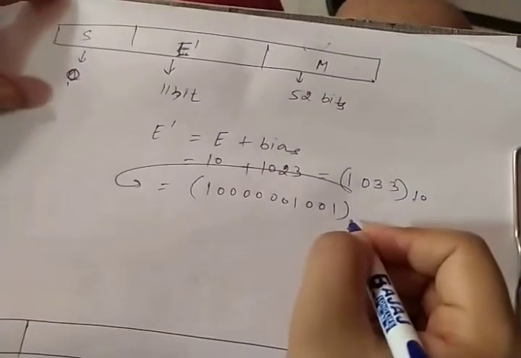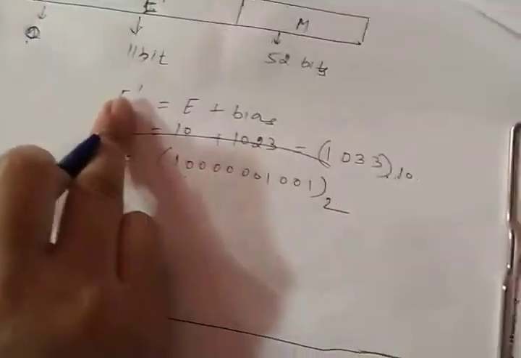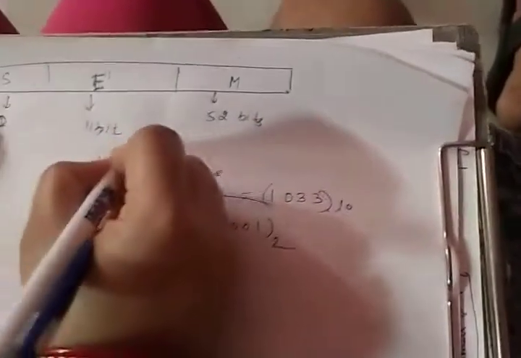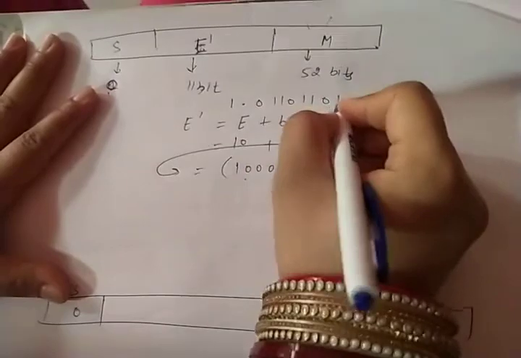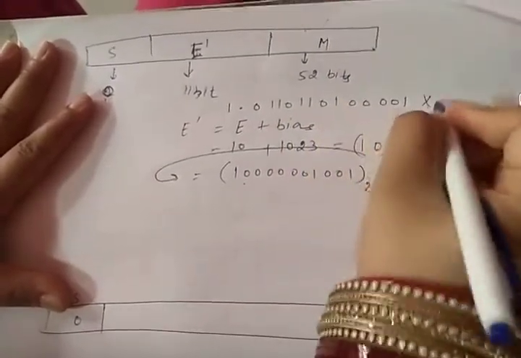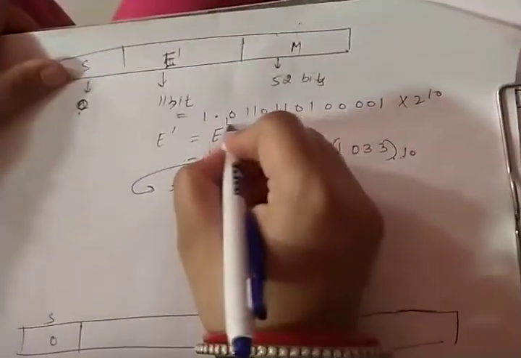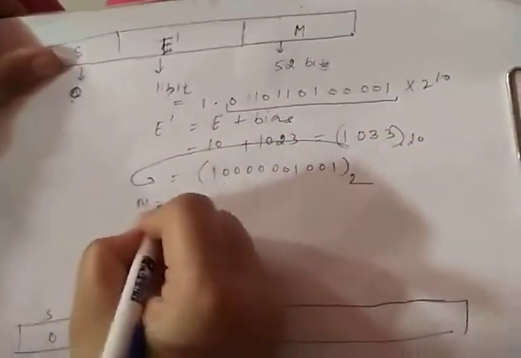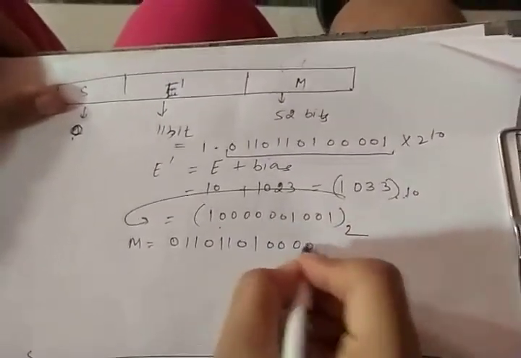So this is the decimal, and we converted this decimal part into binary form. Here we get the exponential part, and the actual value, as we solved in our previous case, was 1.0110110 multiplied by 2 raised to power 10. This was the actual value. I have written this because I need the mantissa part. So the mantissa part will be the same: 0110110100 and 1. This is the mantissa part. This is the exponential part.